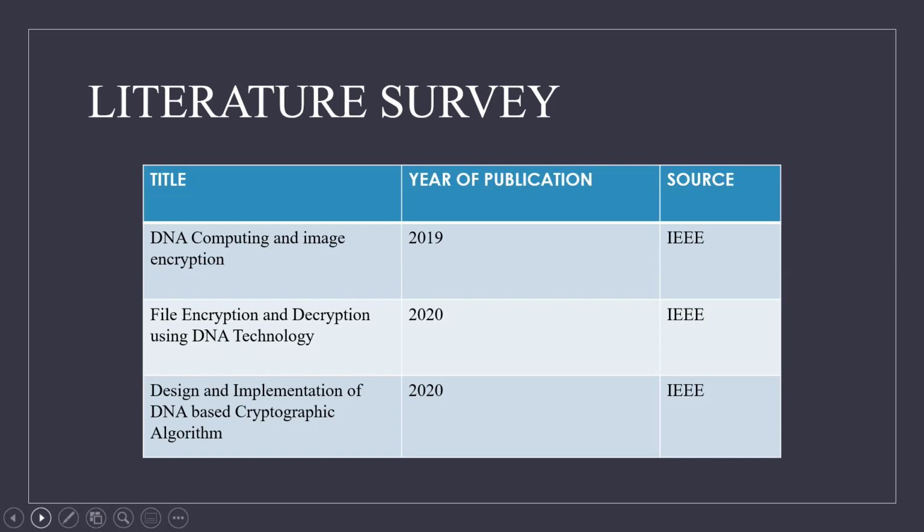It suggests a system where DNA-based encryption is used in which input text is converted to ciphertext by performing XOR operations on the text with random key value and represents the result in terms of DNA base values. Decryption is the reverse process of this encryption method. The third paper is titled Design and Implementation of DNA-based Cryptographic Algorithm, published by IEEE in the year 2020 as well. A new cryptographic algorithm was designed by using substitution boxes, which are foundations of crypto systems, and advanced encryption standard methods are used to enhance the security of the input file.